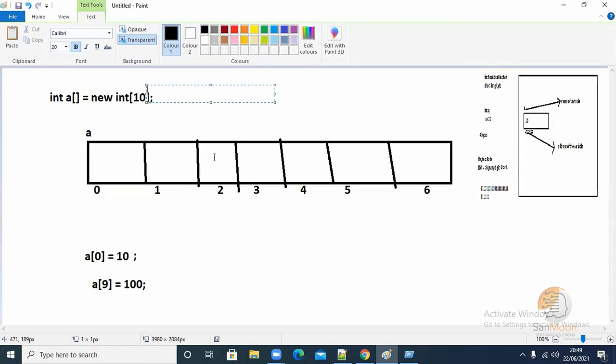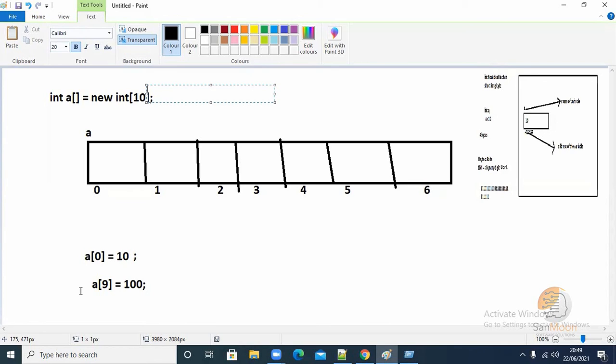Anything you do, it's a variable only. Whatever you want, you can do the same thing. The only difference is that the declaration and usage are different. While you are using it, you have to use an index. You should not use A alone, because that means the entire array. Generally, you should not keep A; you can put a meaningful name. I just gave A here.